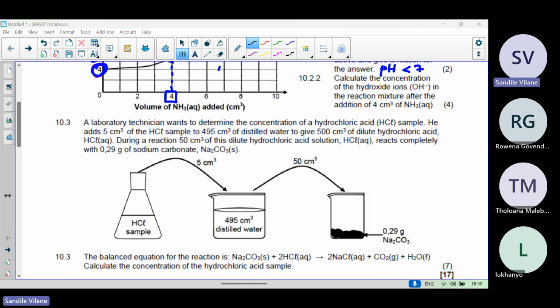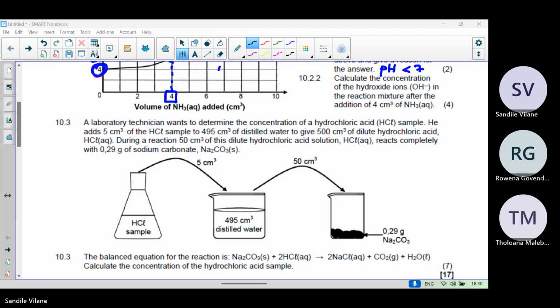Right, let's look at this next question, 10.3 now. With question 10.3, let us look at... ooh, my tables are a mess on my table here. Right, the next question, or rather instruction,